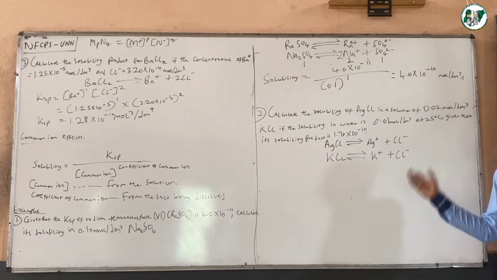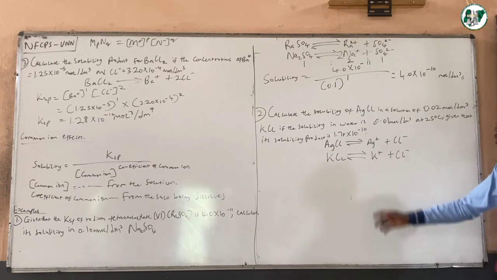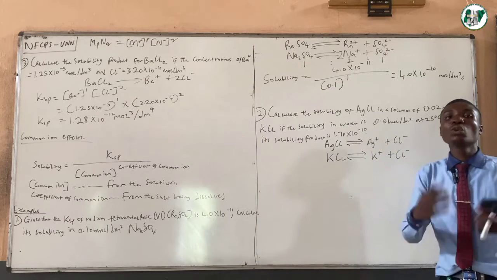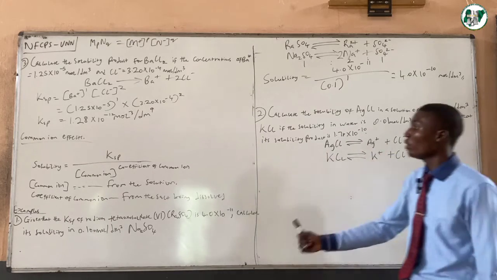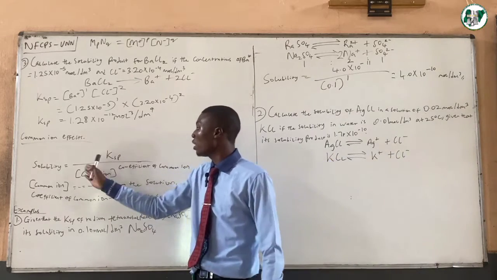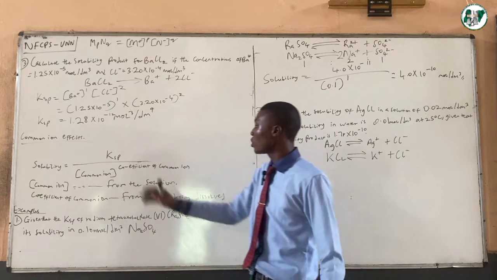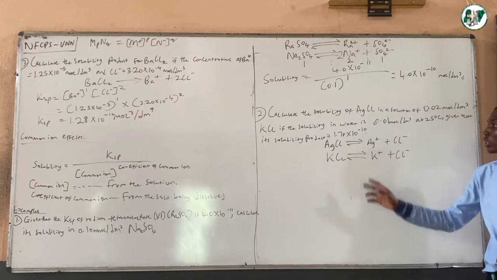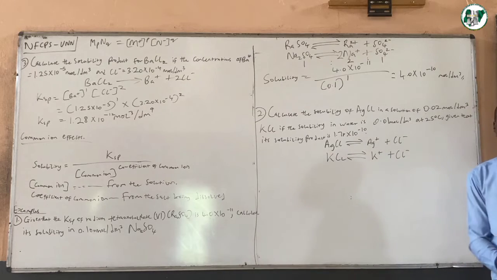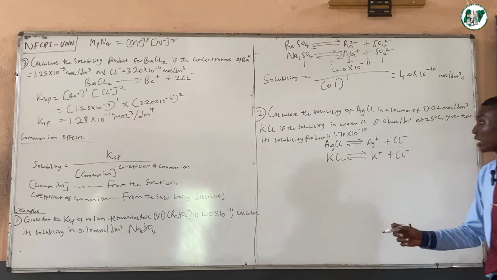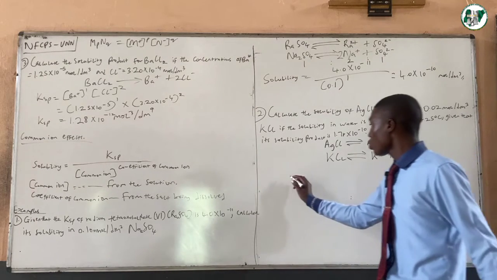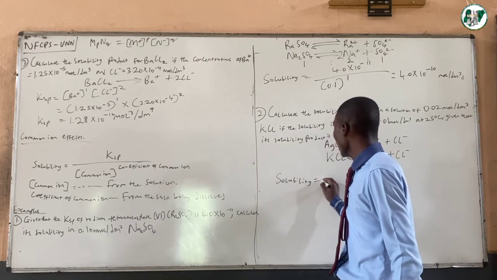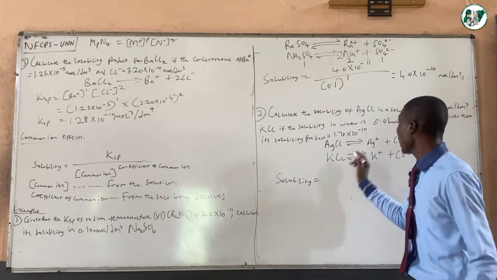But then in a normal situation, if you have the solubility in water and you have the solubility product provided to you, which of them is easier to use? Your formula says solubility is equal to KSP over the concentration of common ion raised to the power of the coefficient. So we're going to be working straight with the solubility product and ignore the solubility in water that was provided for us, because that is the simplest way for us to solve it. So our solubility